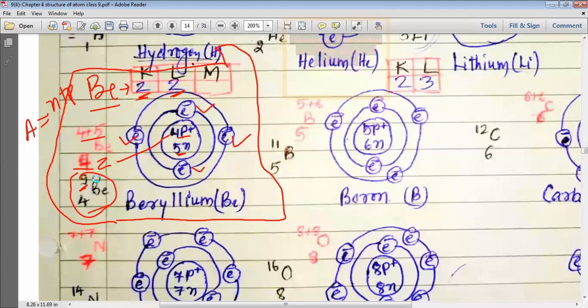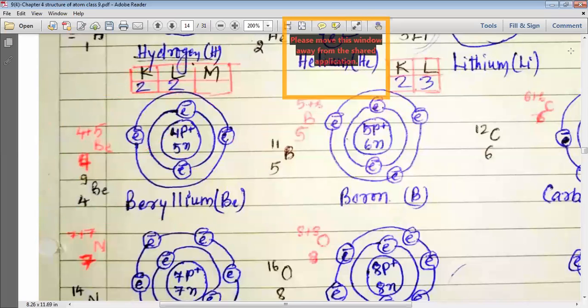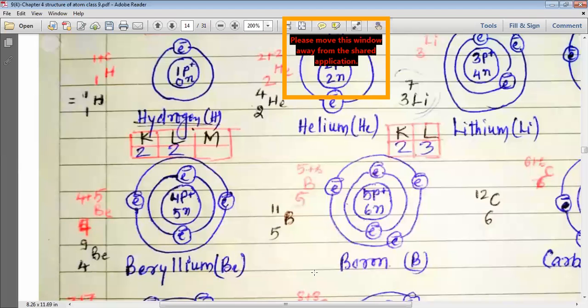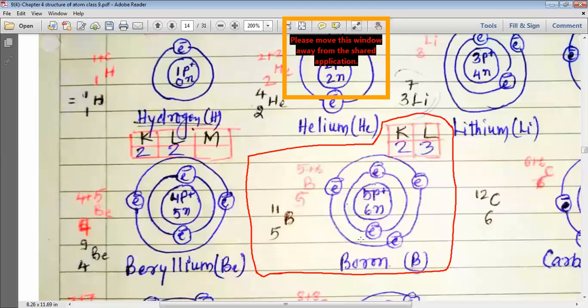Now, my dear students, let us understand the next element, and the name of the next element is boron. So let's pay attention to the boron. You can see here, this is the structure and discussion for our boron. You can see that boron falls in the fifth number, and that is why it has five protons. As boron is on the fifth number, it has five electrons,